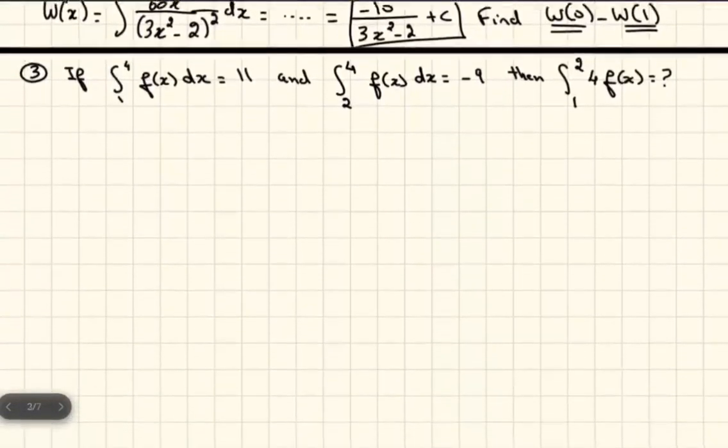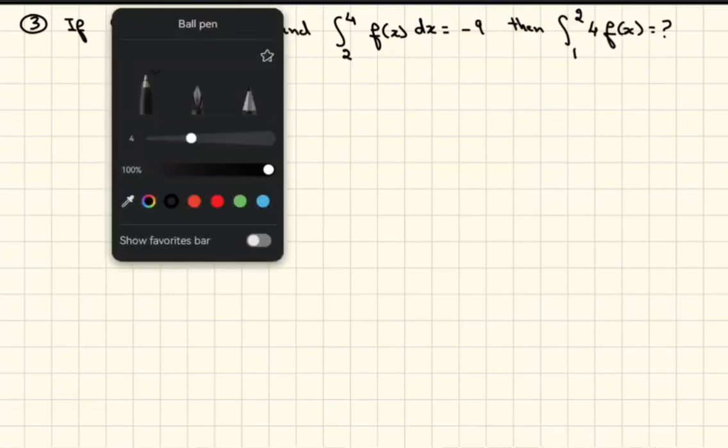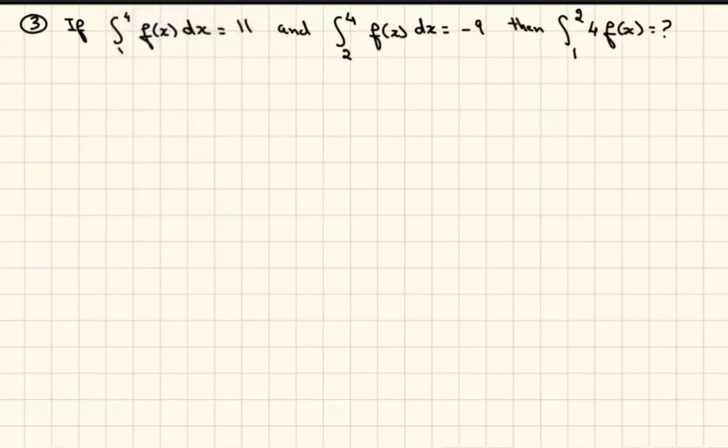Alright, now number 3. Integral from 1 to 4 of f of x dx is 11. Integral from 2 to 4 of f of x dx is negative 9. We need to find the integral from 1 to 2 of 4 multiplied by f of x. Now, before you do any of this, you need to know some properties of the integral, which is